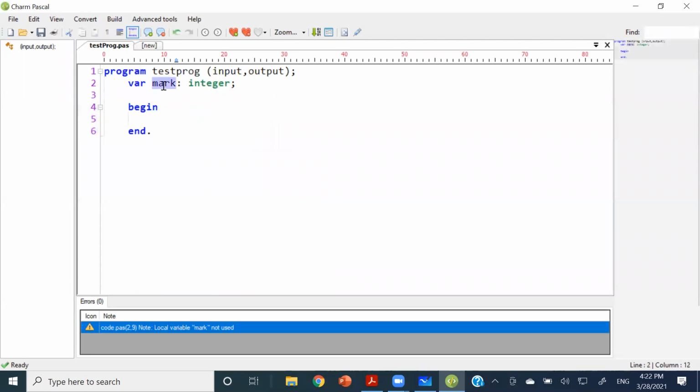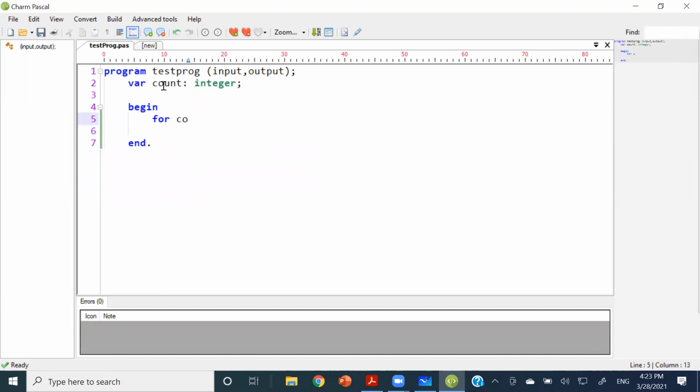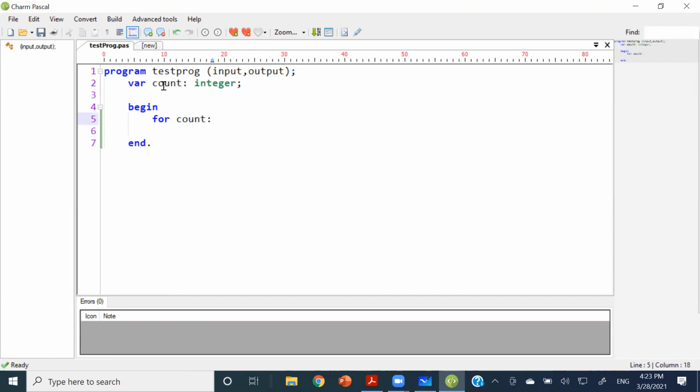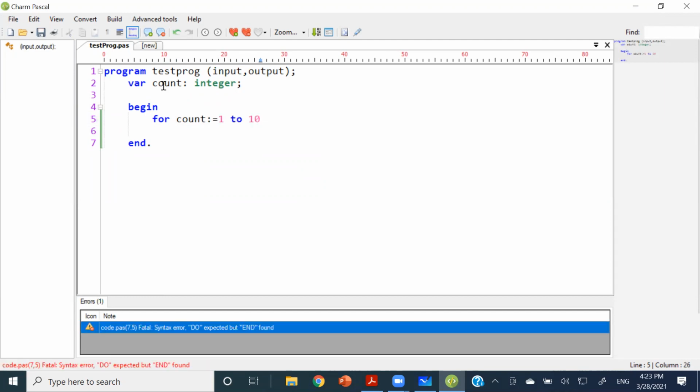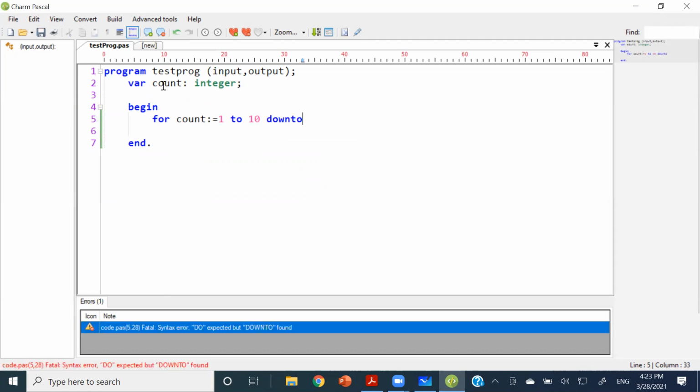Yes, so I will introduce the count as an integer. So my motive is to take a name and display it, right? So what I'm going to do is, like, for count colon equals 1 to 10, I say, then do, and not down to,